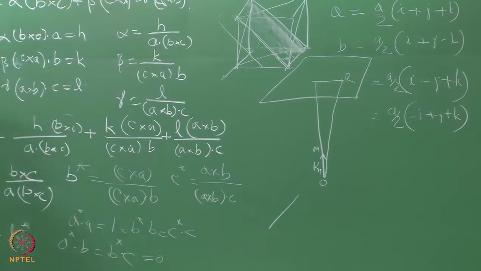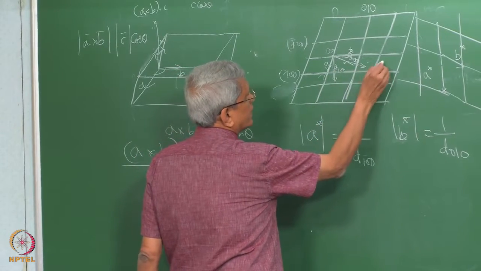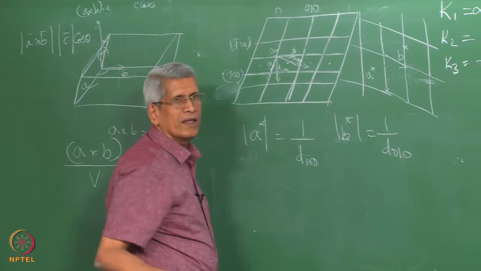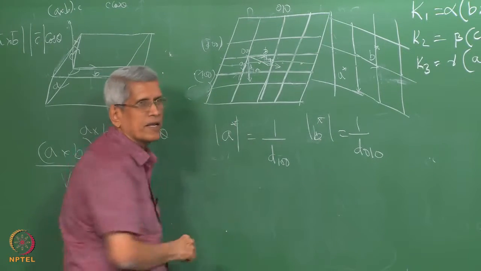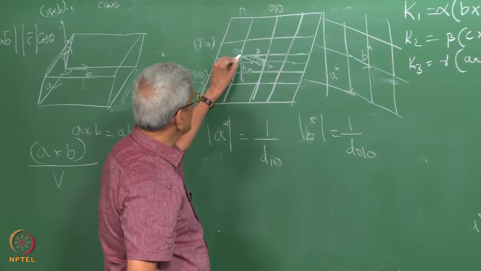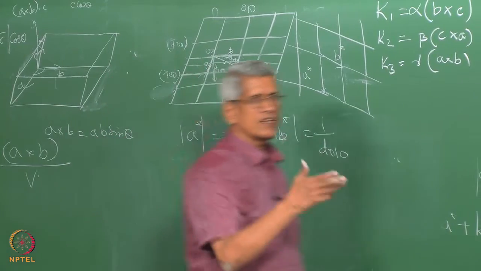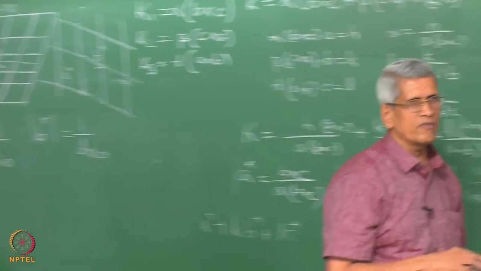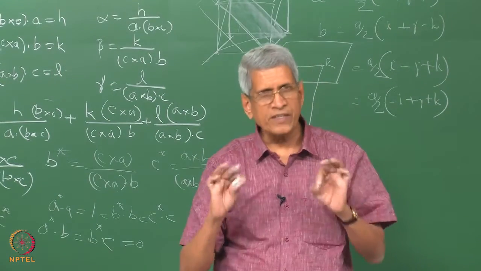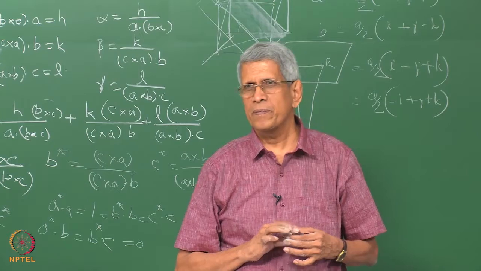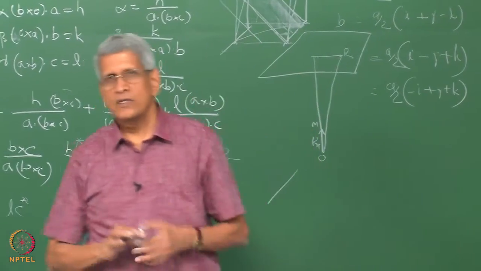Suppose in this particular lattice there is another lattice point here, then what will happen? The family of planes, one plane will come here, no? Then the separation between the planes is not this, it is this separation, the distance. So that is why I said that when you take a primitive lattice, that factor is automatically taken care of. So this is how you can draw a simple reciprocal lattice.